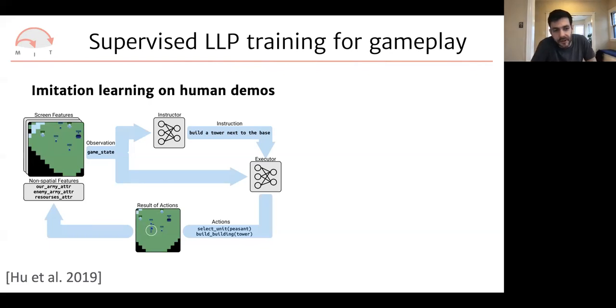And so what they did, this is Hung-Yun Hu and some collaborators at FAIR, is got a bunch of people to play this game, and actually got pairs of people to play the game, where one person generated a high-level instruction that the other person should follow. The other person saw that high-level instruction and translated it into a sequence of lower-level actions. And this was done at sort of a lower framework in a way that people could reasonably be expected